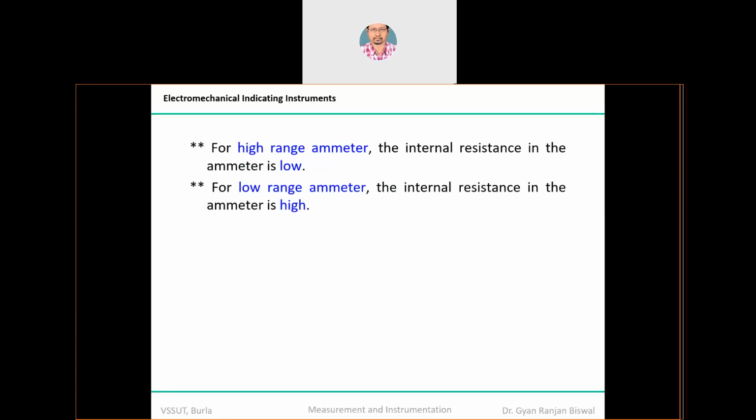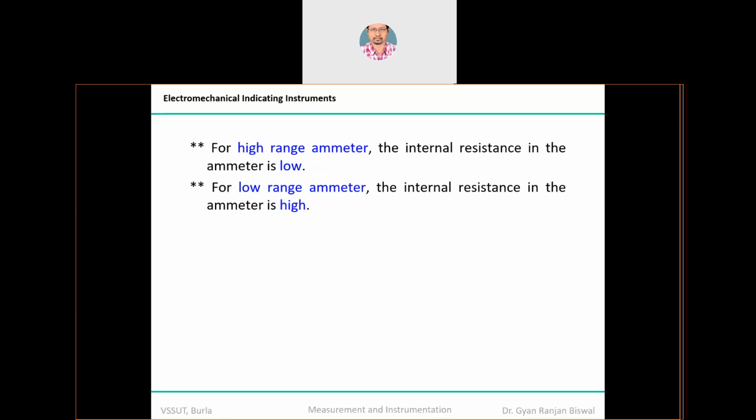Now let's say we consider that there is a high range ammeter and there is a low range ammeter. What is a high range ammeter? That means the ammeter can measure a very wide range of current. So the original PMMC can measure only 10 microampere to 100 milliampere. I want to use it up to 1 ampere, so I have to increase the range by a factor of 10 raised to 3. This is called your high range ammeter. And when I use a low range ammeter, that means the PMMC itself as a device measures a very restricted, very narrow range of current. That is a low range ammeter.